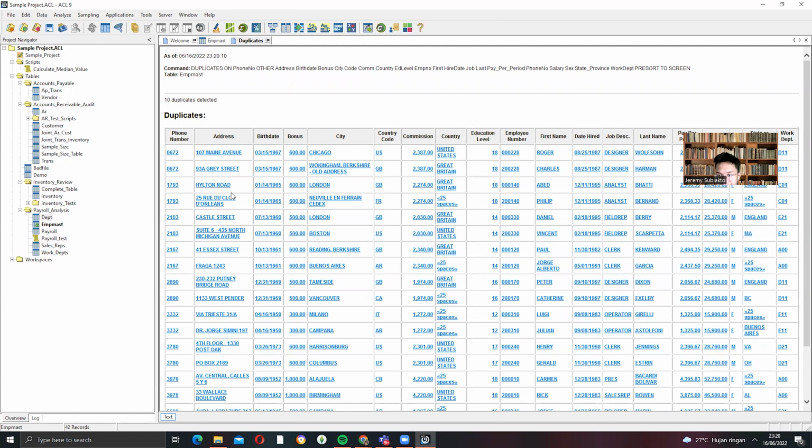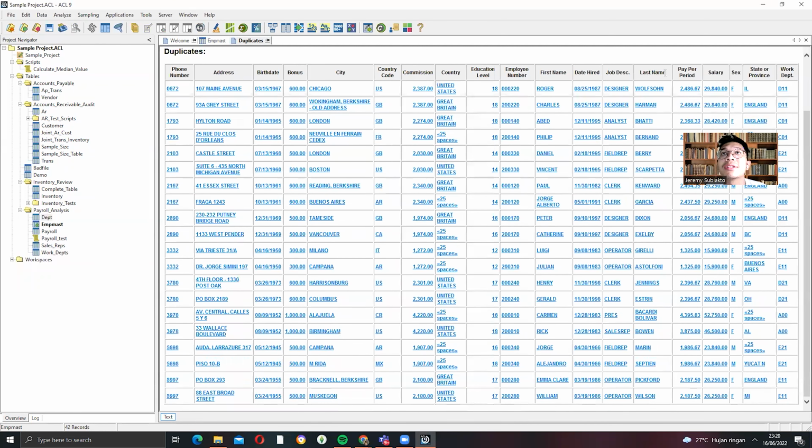However, I think this is not something that is dangerous for our company. So 10 duplicates. And we have people with different phone numbers but the same birthday, same address, and same bonus, as we can see here. Let me show it. Submission. So maybe we need to